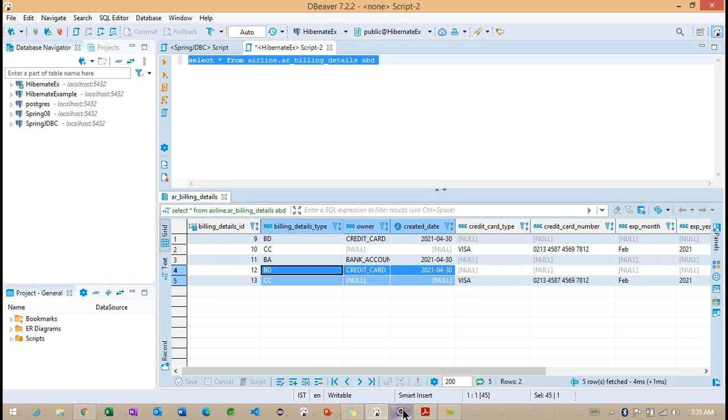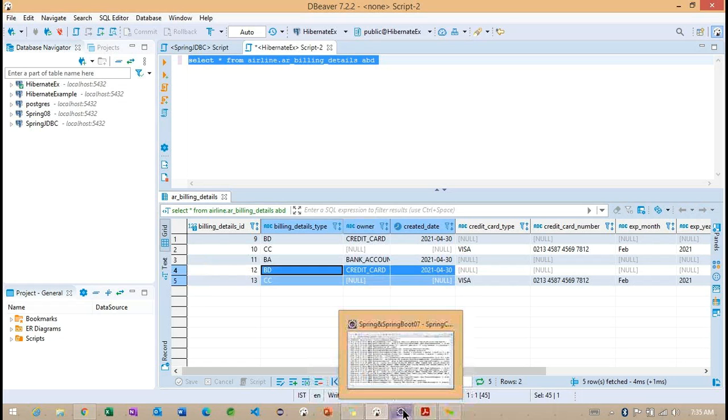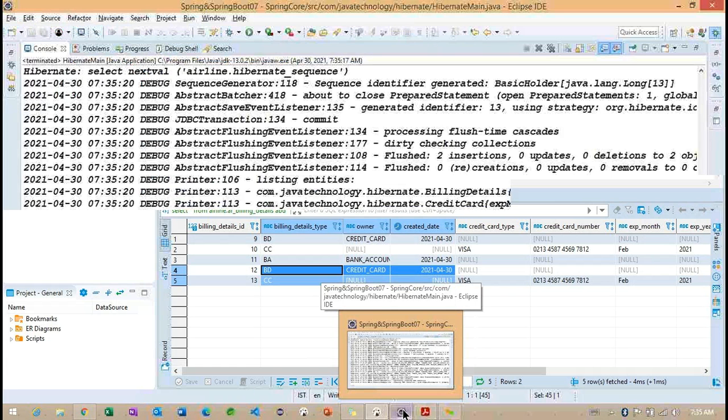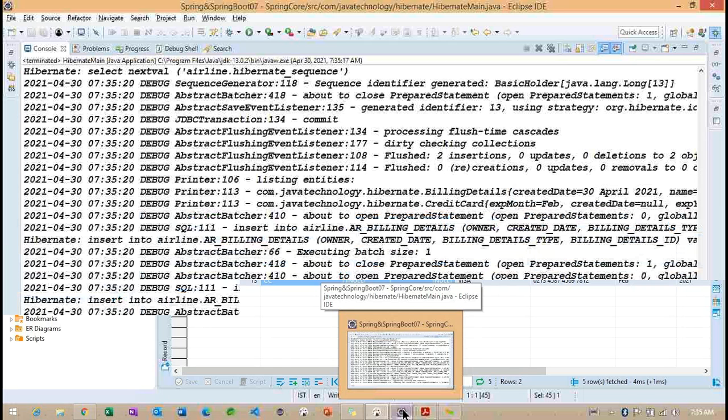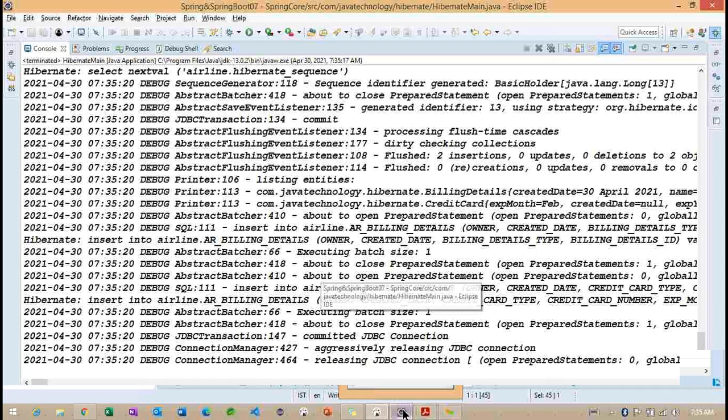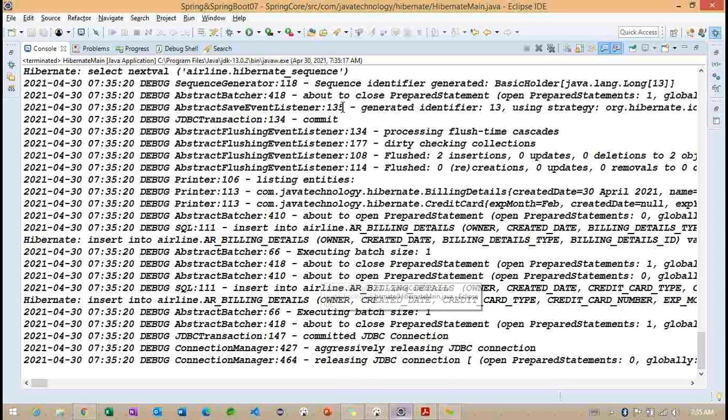Let me copy, open the. So now still you can observe we are having the method value and we are having the class condition because we are having the same file in the package location. Now you can see billing details of billing details.hbm. So I want to change this particular file with the updated information.